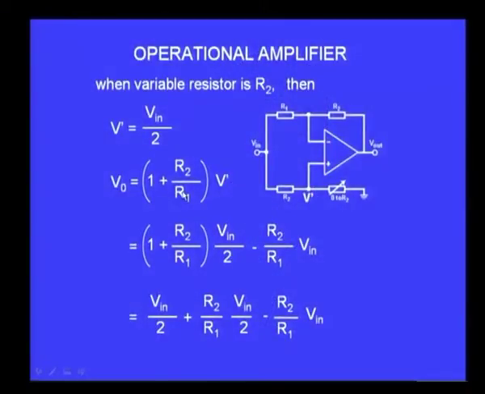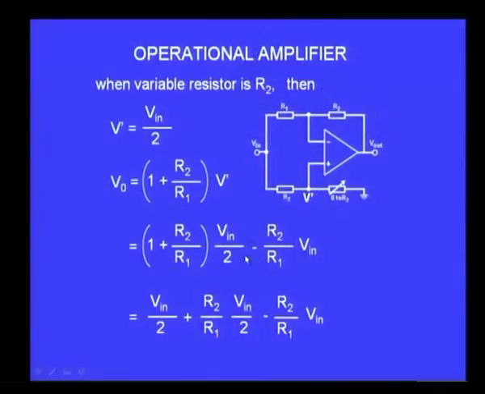So, when that happens, what is the voltage gain? The output for the non-inverting amplifier is 1 plus R2 by R1 times V input. The V input here is not the actual V input that we have applied, but V prime, which is the effective voltage after the potential divider at the non-inverting terminal, and V prime we have already seen is V in by 2. So, if I substitute that and use superposition, this is the output corresponding to the non-inverting terminal, and then there is also the inverting terminal always present, which will give minus R2 by R1 times V in. So, the total output will be, when you simplify,